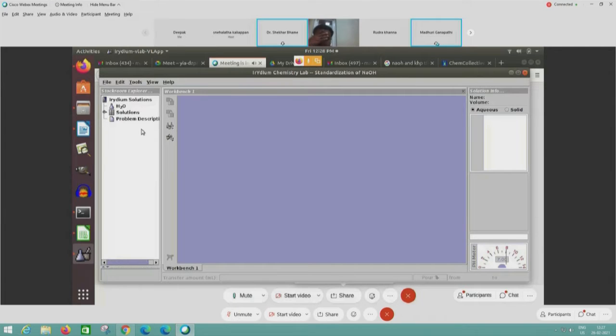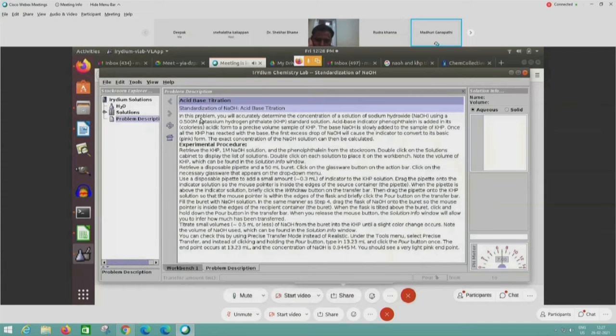On the left side in the Stockroom Explorer, we have water, a solutions cabinet, and a problem description. Let me click on the problem description first. It says standardization of sodium hydroxide, an acid-base titration.